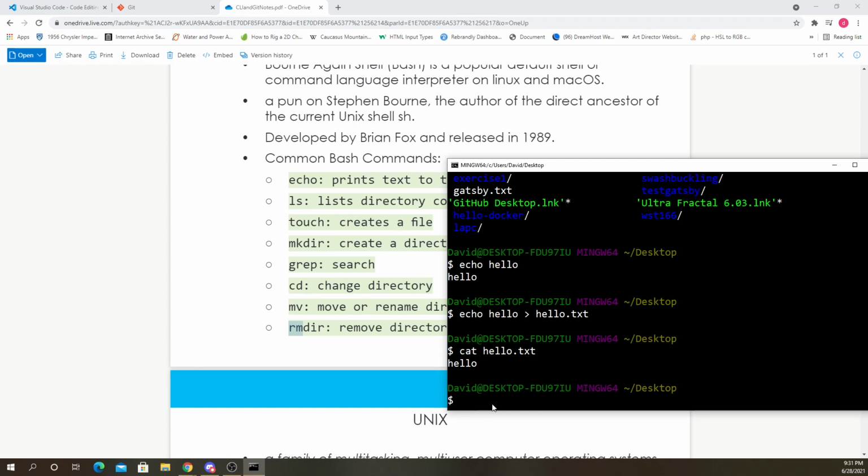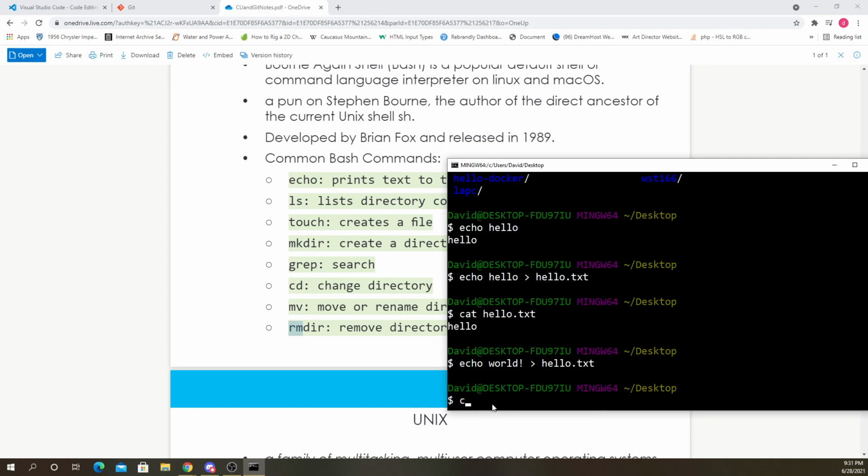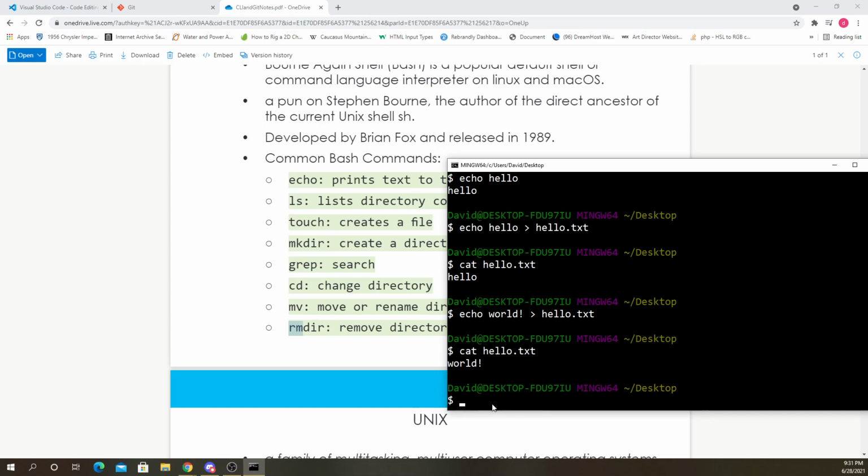Now if I type echo world with the exclamation, and I put a single arrow, and I put it into hello.txt, and I cat hello.txt again, now it just says world, right? So cat reads the file, whatever file you put.